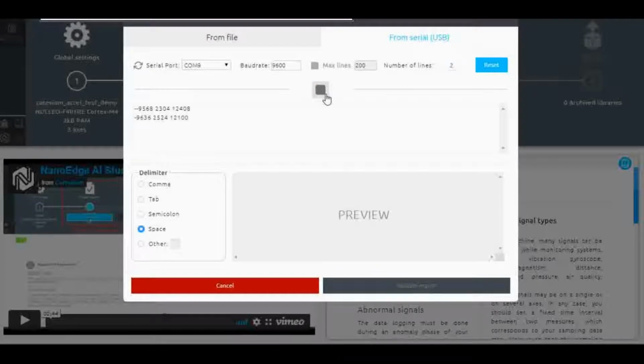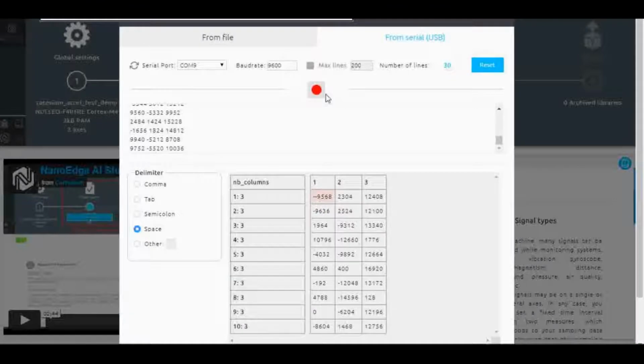So here I have started, and now I am changing. I am just moving my accelerometer in different directions. So I am just doing like up, down, up, down, like this. I'm just taking the accelerometer up and down, just to see how the values are coming, and I am trying to give the model learning data. So now 30 values are captured here,